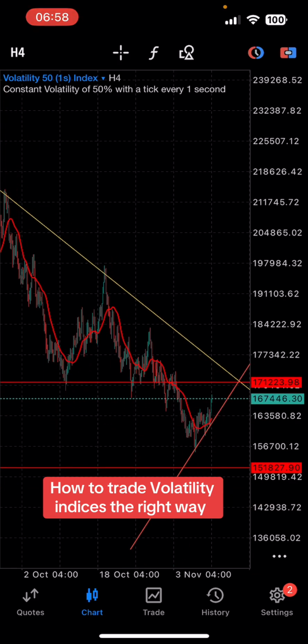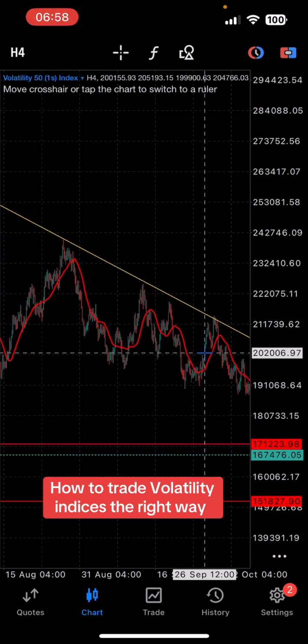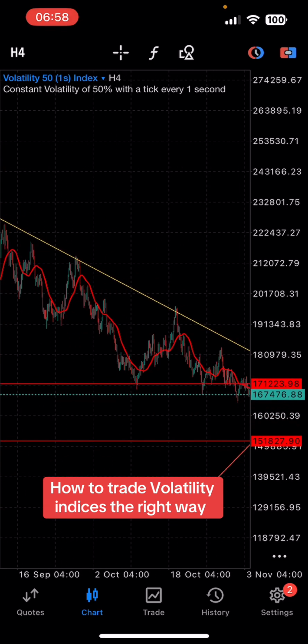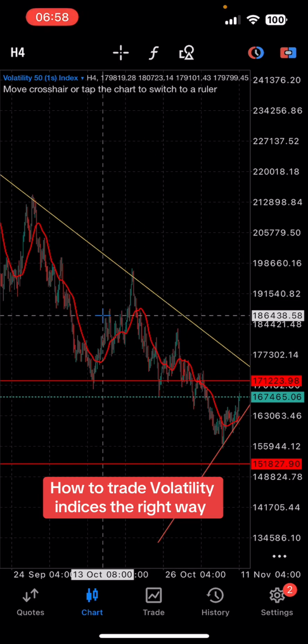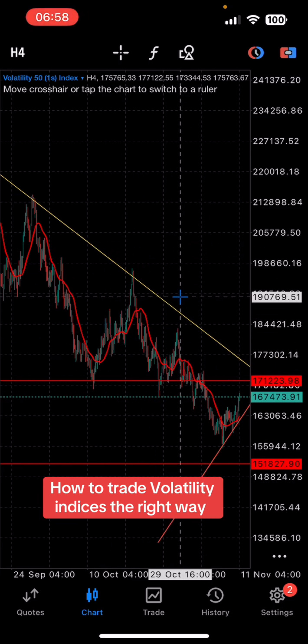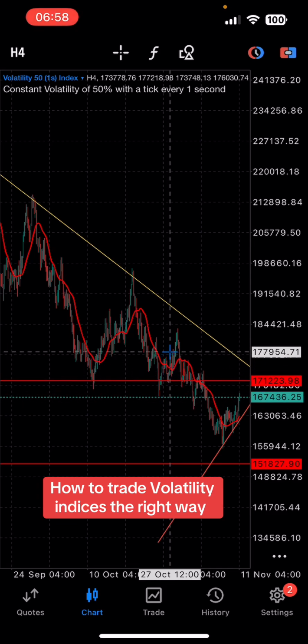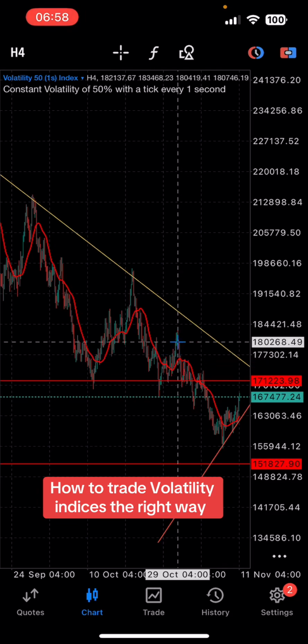So guys, I hope this short video helps you. What you need to do is look at the market on a higher time frame to see the overall direction. When I say higher time frame, like 4 hours, daily time frame, these are higher time frames. Look at the direction of the market and then trade in that direction. If the market is doing higher highs and higher lows in the buy market, you look for buy opportunities. If it is doing lower highs and lower lows, you look for sell opportunities